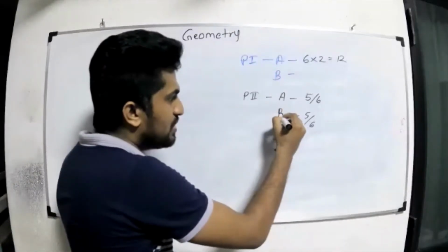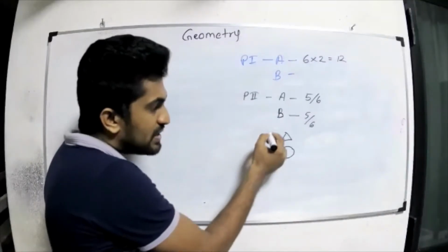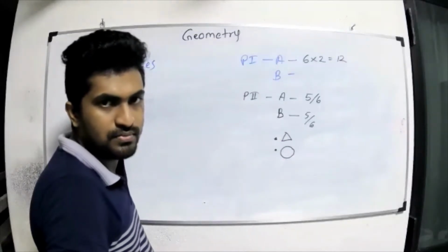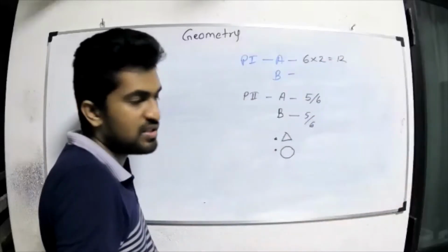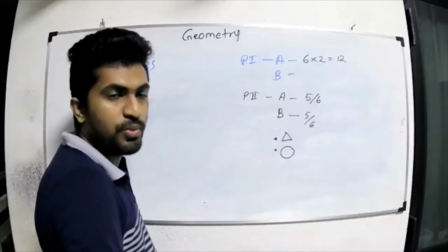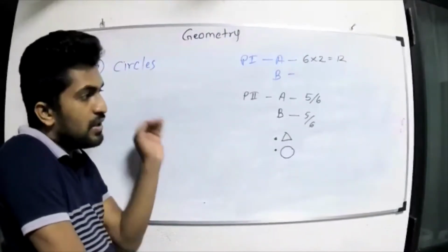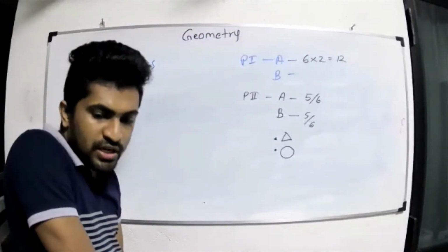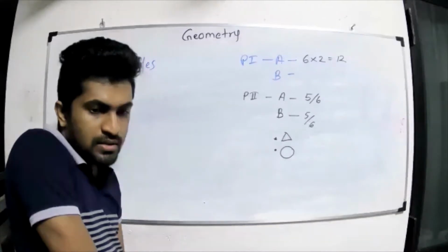So in part 2B, you have to practice all the other 4 questions and try to skip only one geometry question. That is how you have to choose. If you are going to skip the rest of the 4 questions, you have to do both geometrical questions. Did you get what I said? Yes, sir, I got it.